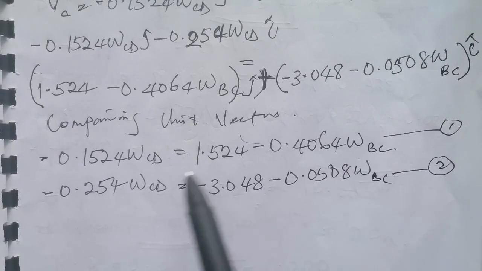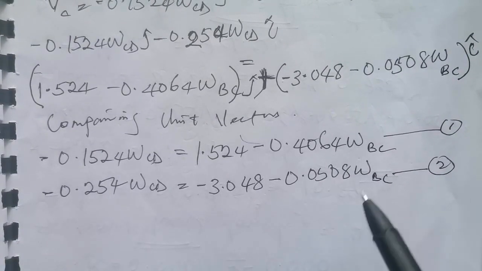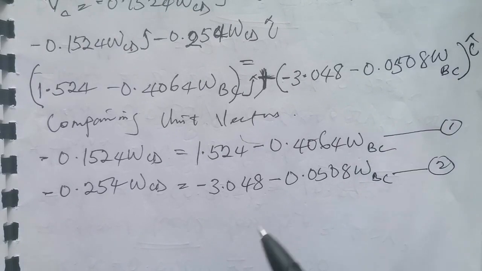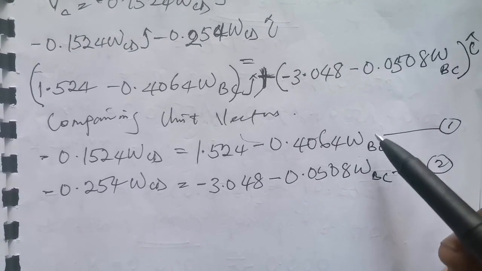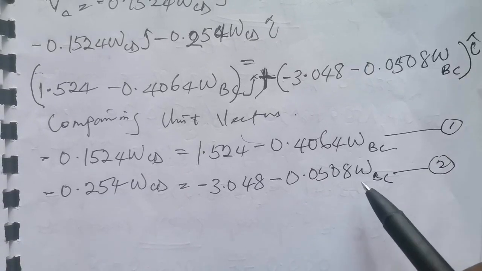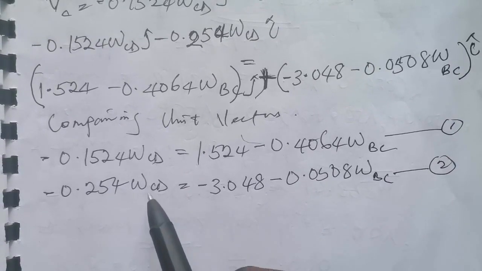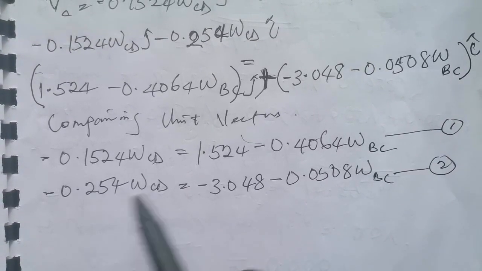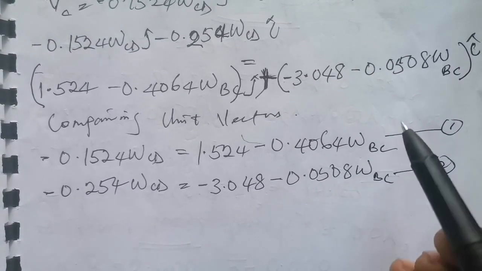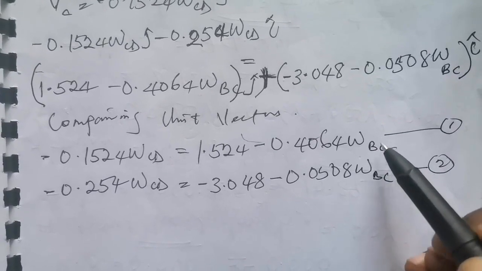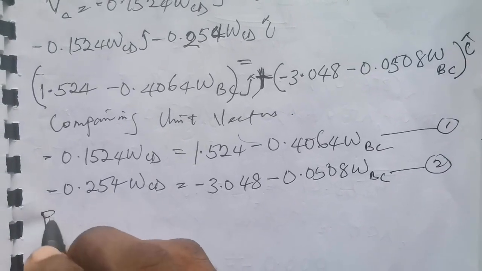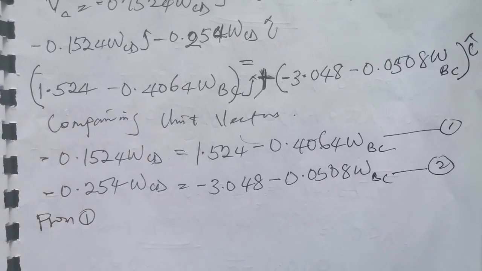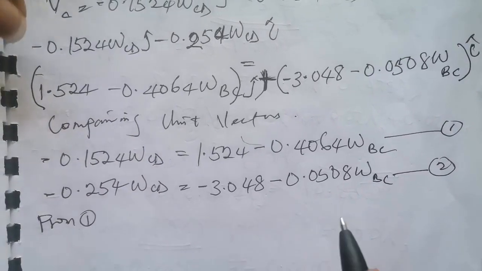So we can pick any of the equations and solve in terms of DC, making BC subject of the formula and then putting it in the other equation so that everything becomes in terms of DC. Then we can find the angular speed along DC or along CD. So we can simply start from equation 1, and make omega BC subject of the formula. So from 1,